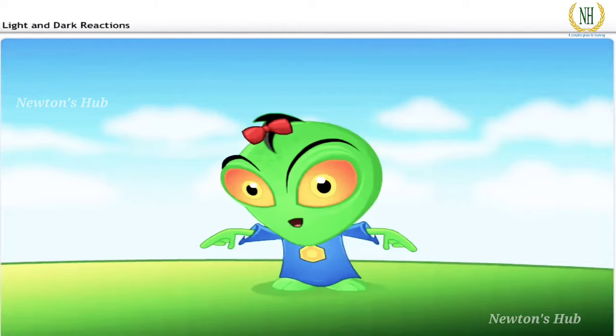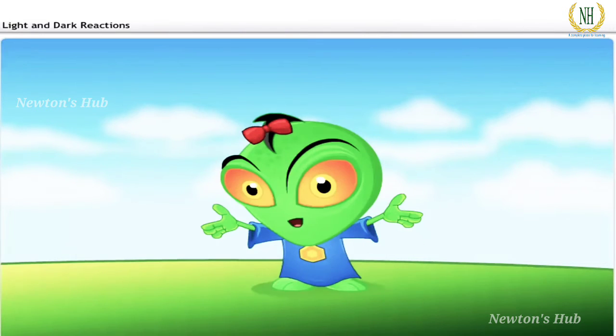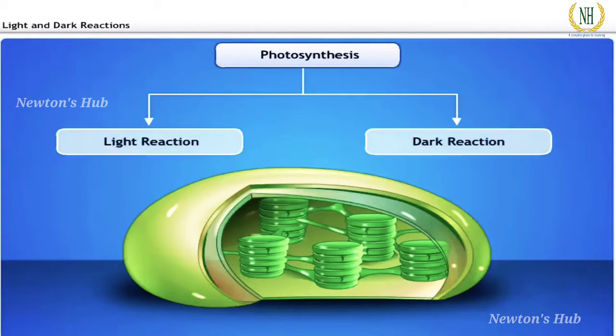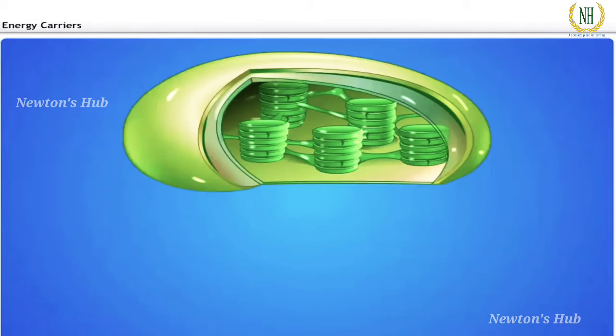Interesting. And how does the process of photosynthesis take place? Photosynthesis involves a series of photochemical reactions that consists of two phases: light and dark reactions. Light reaction takes place in the thylakoids of the chloroplast. Dark reaction takes place in the stroma of the chloroplast. The energy carriers involved in photosynthesis are